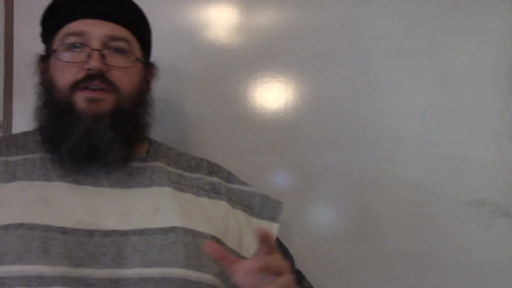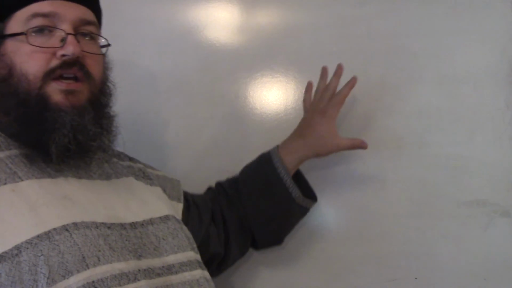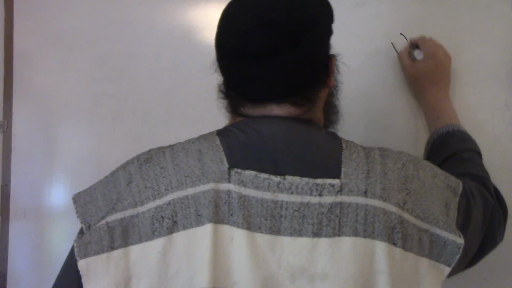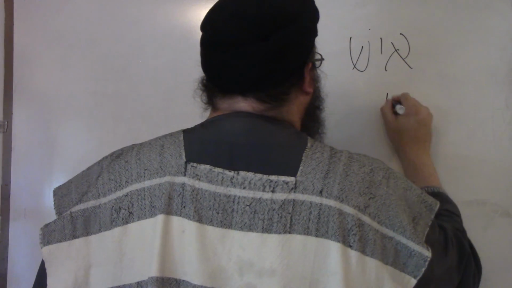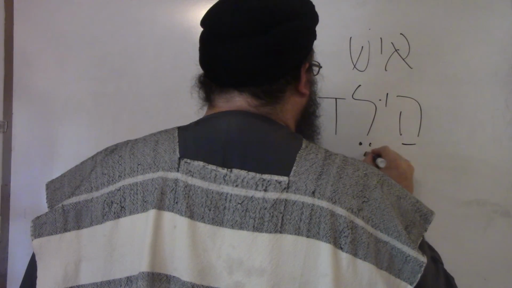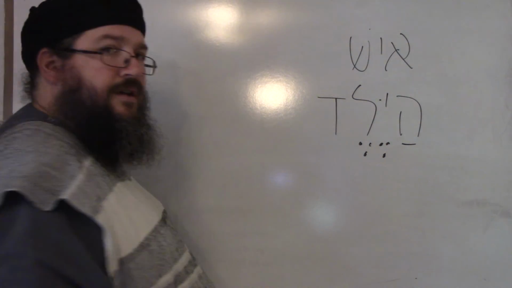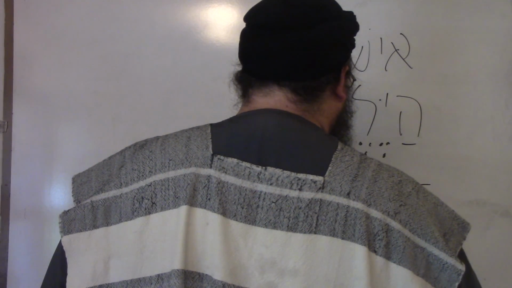Okay? And this teaches us that the hey article in front of a noun always is going to create a definite sense. So in the next few lessons that you'll be using, you're going to be taking nouns that are indefinite, such as the word ish as an indefinite noun. You'll be taking nouns that are definite, such as the word yeled, which becomes hayeled, and we're going to be taking nouns that are definite because they're a proper noun,